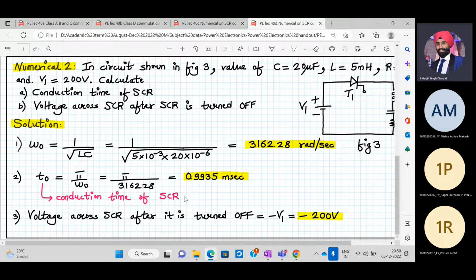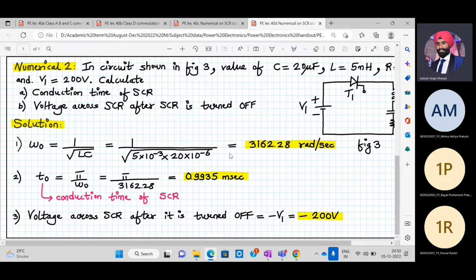And the conduction period of SCR is pi upon omega naught. We have seen that before. You substitute the value of omega naught, and it's coming out nearby 1 millisecond. So this is the conduction time for SCR. Now the voltage across the SCR, when the SCR is turned off, is minus V1, and that is equal to minus 200 volt. So these are all the four numericals which we have discussed related to class D,